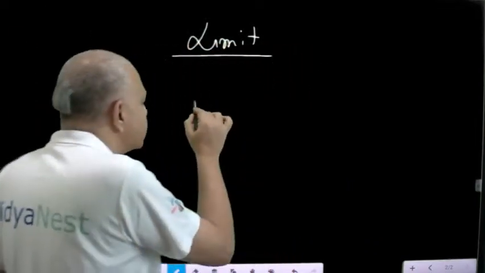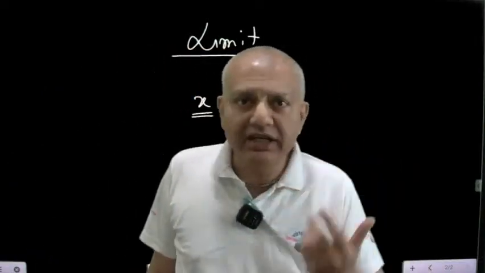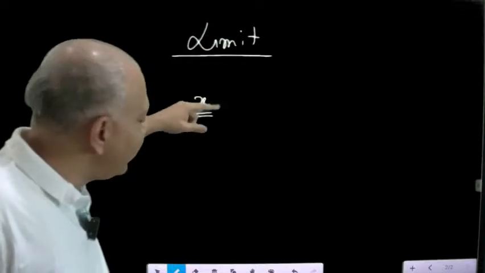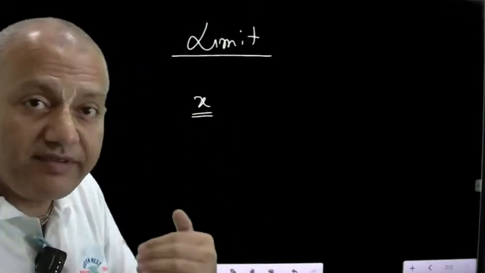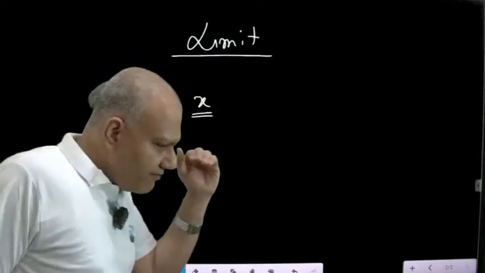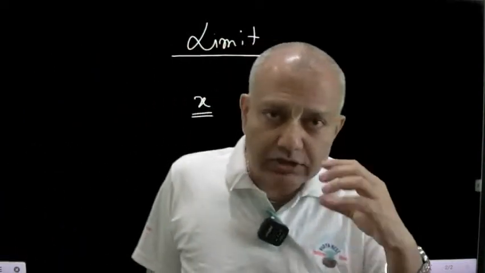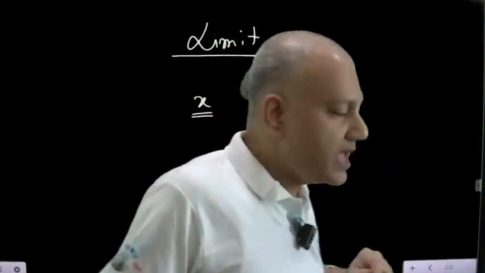Suppose x, an algebraical term, x, y, z, whatever. So now x is a variable. Variable means which is changing. It is taking different values. That's why I'm going to tell that it's a variable. If that variable is going to take a lot of values,